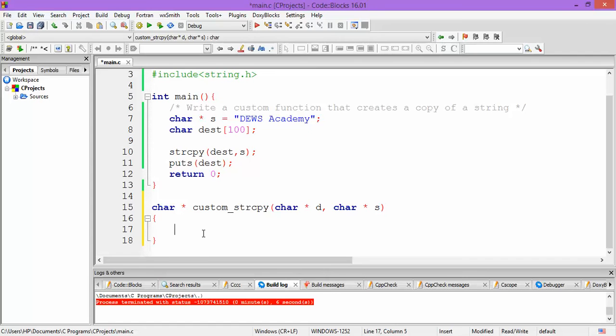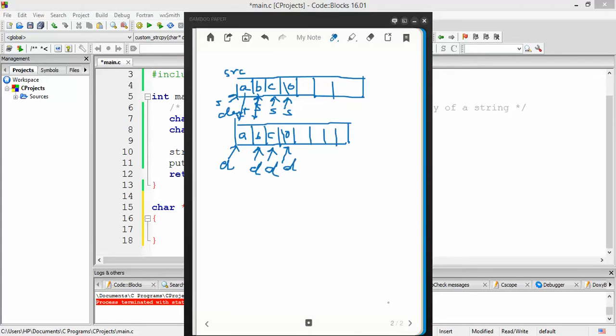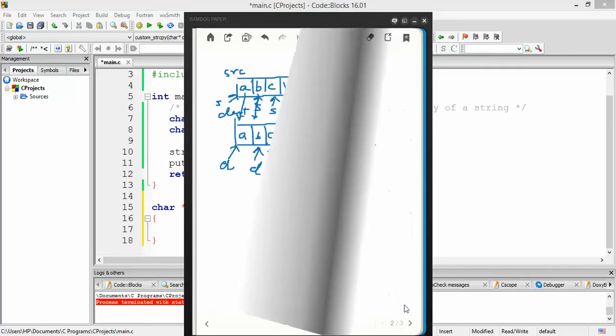Now here we have to write the logic of copying the source string to the destination array, right? So whichever string s is pointing to, that string has to be copied to the array which d is pointing to. So for that, first of all, let us build our logic.